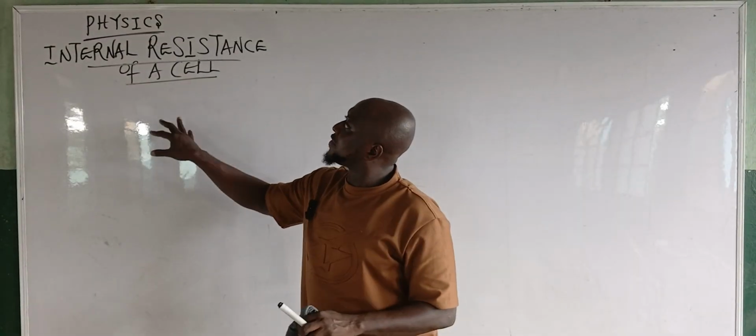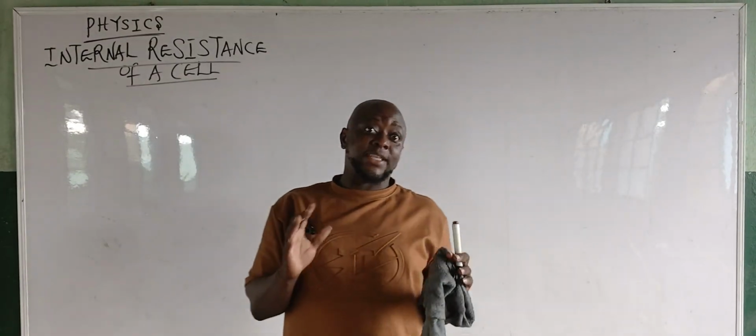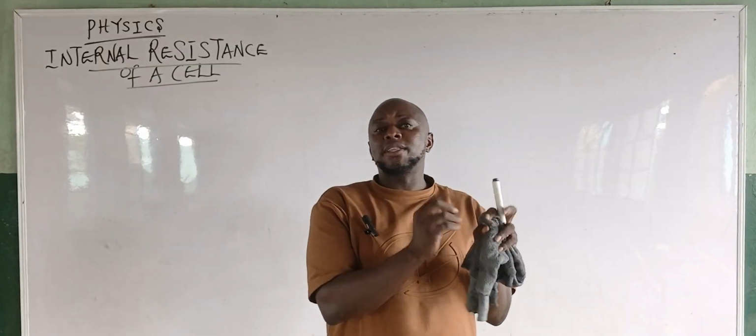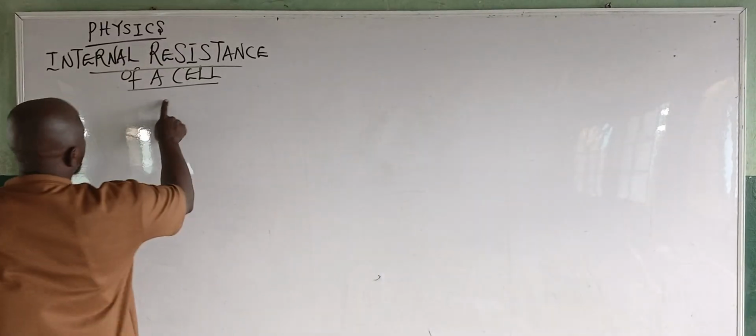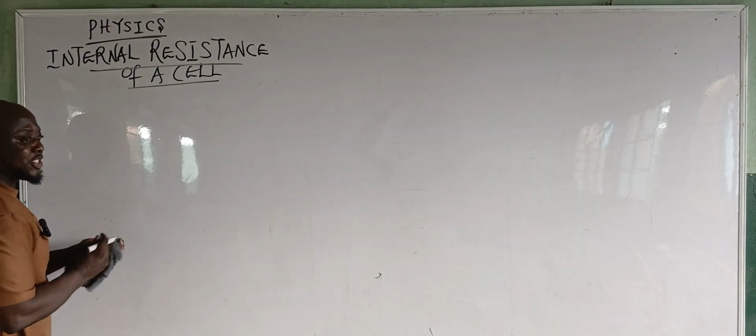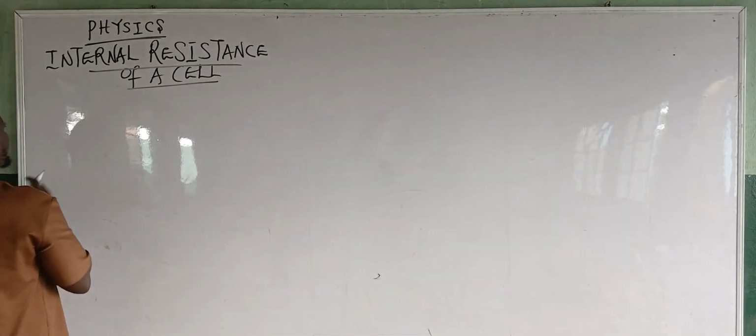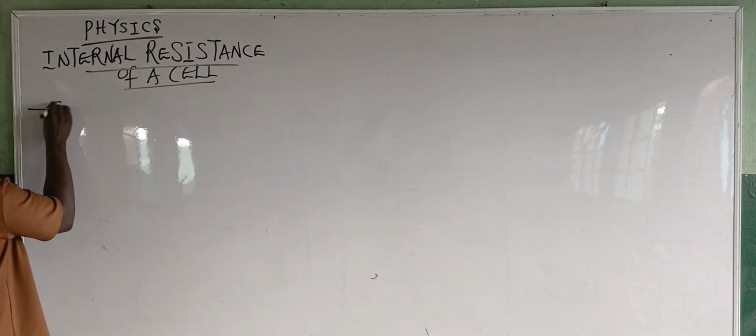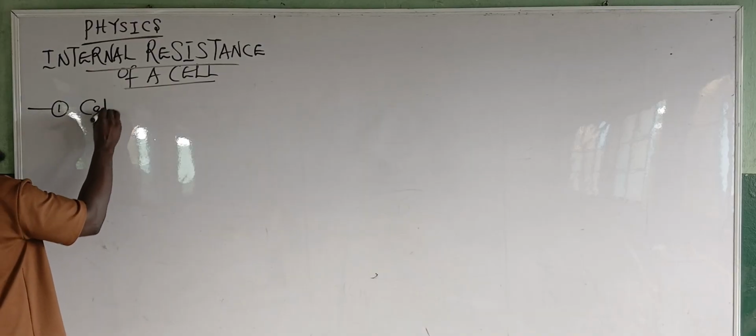We just want to discuss internal resistance of a cell, and there are some key points we need to note. Please, let's quickly provide solution to this. First thing is that I want to talk about the arrangement of cell. One, the arrangement of cell. So we have when the cell is in